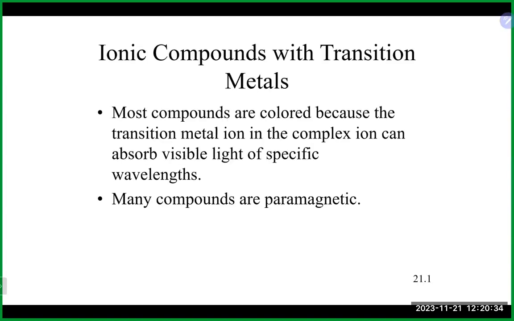All right, so let's talk a little bit more about transition metals and ionic compounds. A lot of times, depending on the transition metal and really the oxidation state of the transition metal, you will see maybe some different colors of, say, solutions that may develop, even though you may have the same element involved. You may have the same element where in a certain oxidation state or with a certain ligand, it may make a blue color versus, say, a pink color or a red color if it's another ligand or oxidation state that's sort of happening. Many of the compounds are paramagnetic. Paramagnetic means